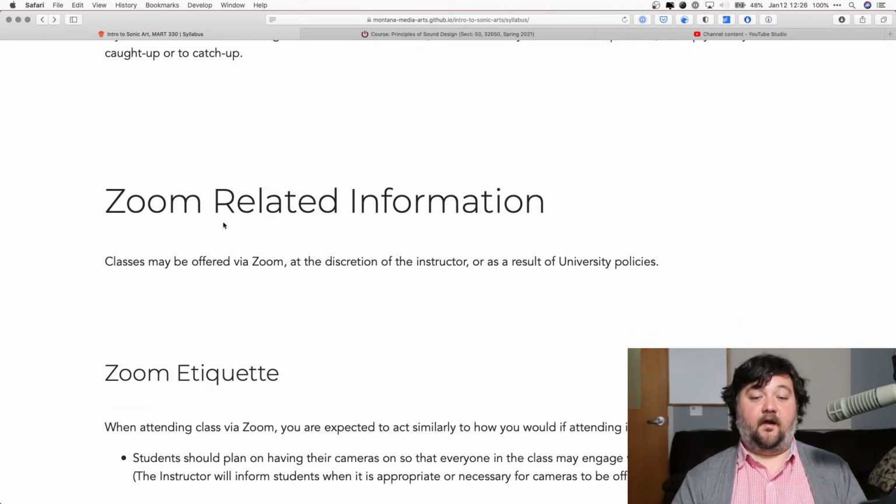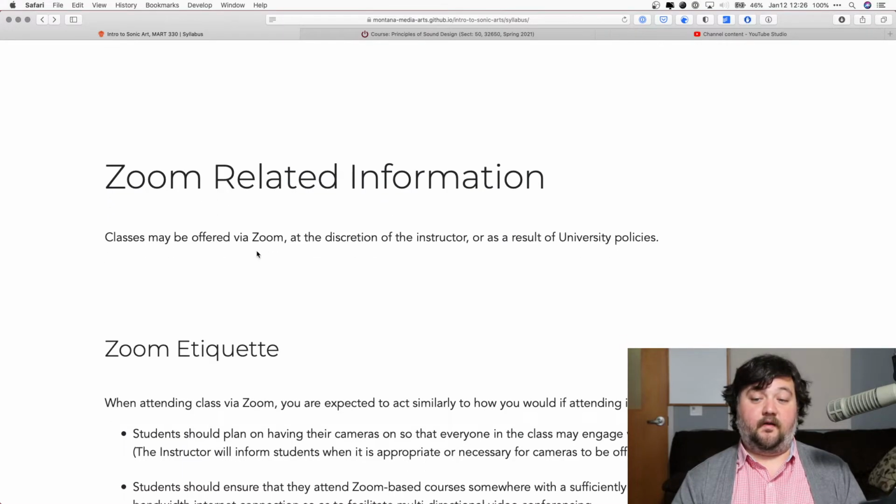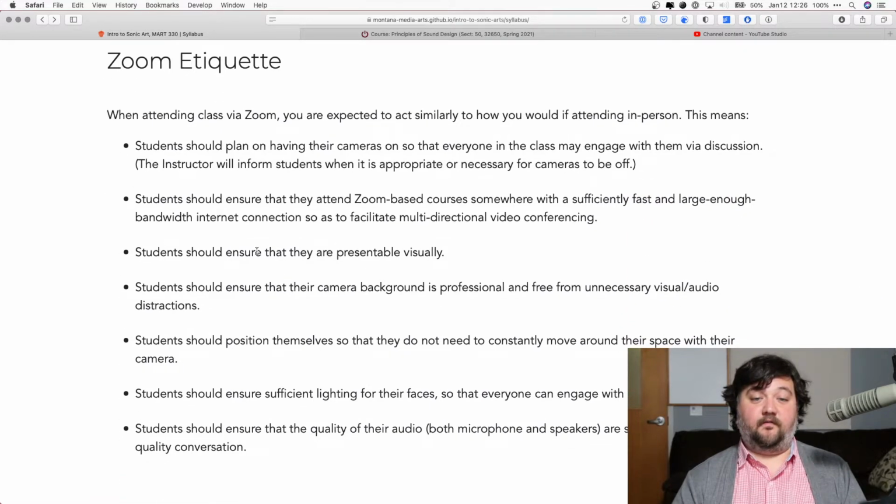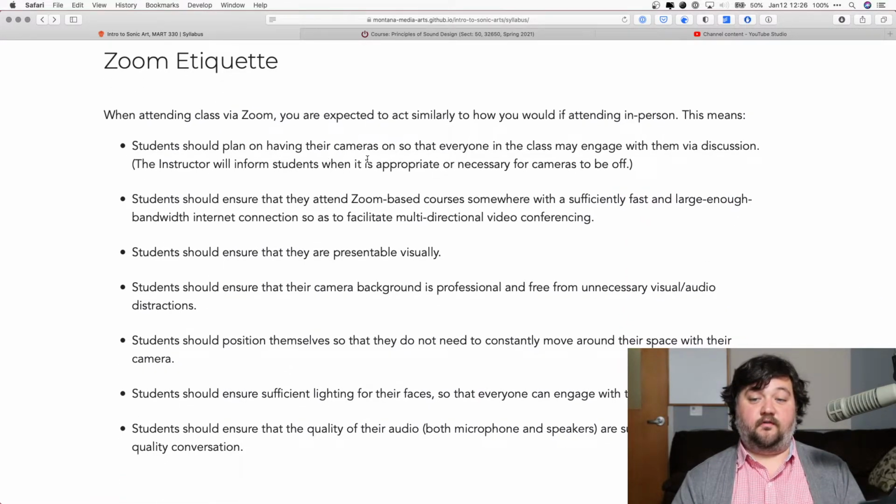Again, this class is being offered, the optional classes are being offered via Zoom, and so there's a whole section on Zoom etiquette here. I'd really like you to read through that. Essentially, make sure that your cameras are on when you're on Zoom. It's really hard for me to interact with an empty Zoom room in which everyone just has their camera and microphones off. If that's the case, I probably will stop doing the optional Zoom classes because it'll feel as though no one is there.